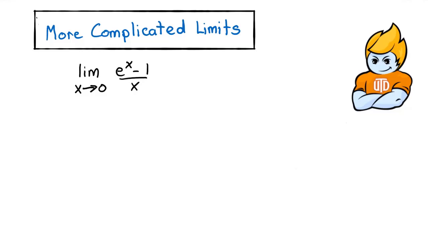Hi, consider the limit of this exponential function, e to the x minus 1 divided by x, as x approaches 0. As is good habit, we'll try to evaluate this limit directly by letting x go to 0. And we get an indeterminate form 0 divided by 0. In the previous tutorials, you used methods like factoring, canceling, perhaps multiplying by a conjugate in order to resolve the